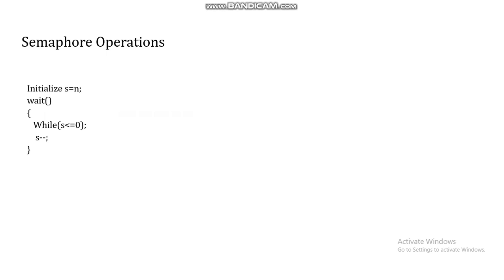For example, say the value of n is 5. When we enter the wait operation, say the value of s is 2, which means that at this point, 2 more resources can access the critical section. Once our resource locks the critical section, the value of s decreases to 1, meaning that now only one more resource can access the critical section.